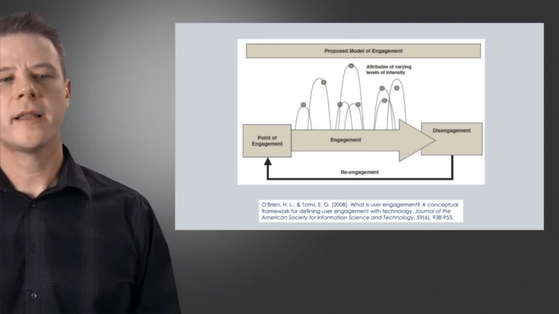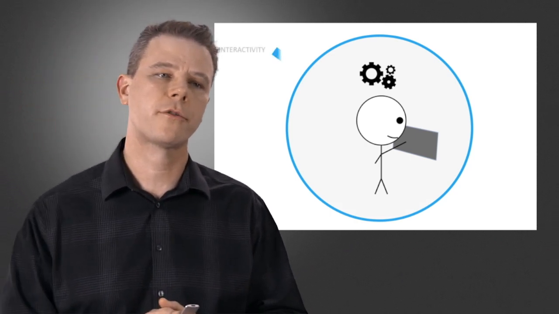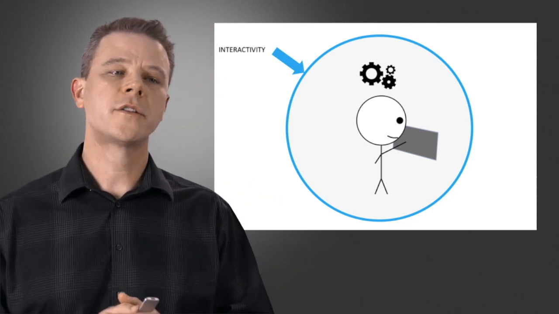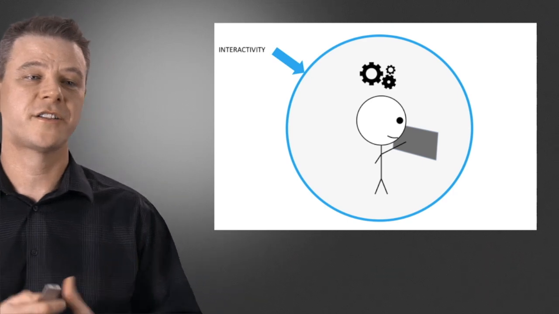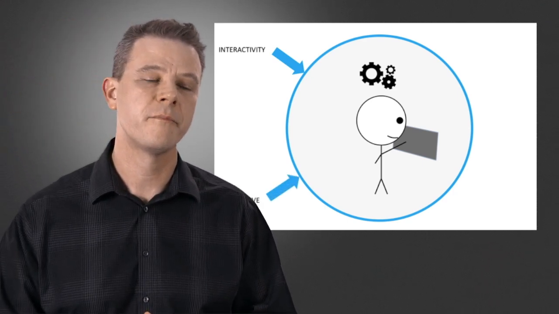Okay, so let's get back to our friend and think about that outer circle now. So there are many ways to influence a learning experience, so I am in no way claiming these are comprehensive, but these are 4 that I find particularly relevant from a technology point of view. And so I'll give you the 4 and then we'll talk through them one by one. So of course, interactivity, that's an obvious one. We want to use technology to bring that learner in and be active.